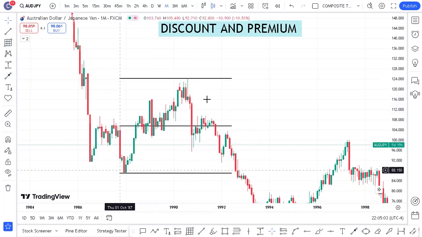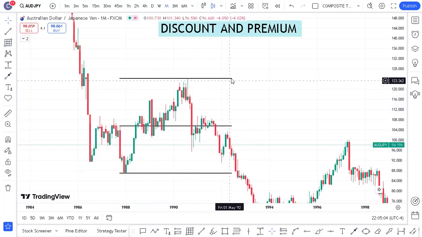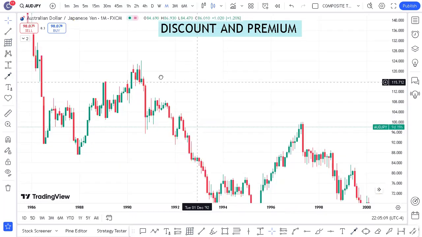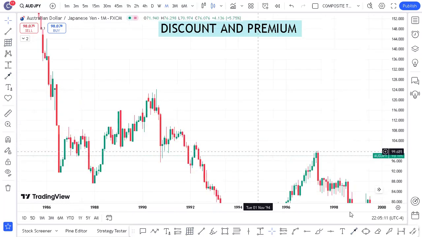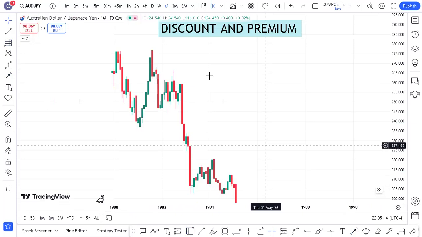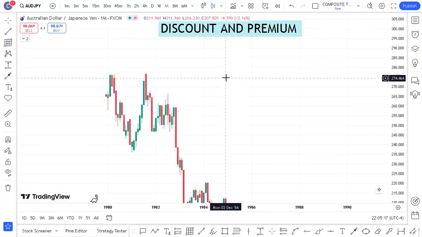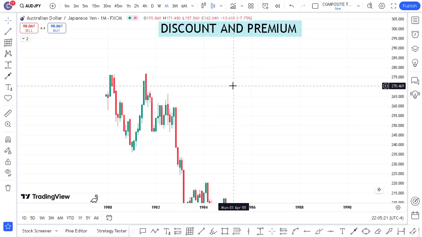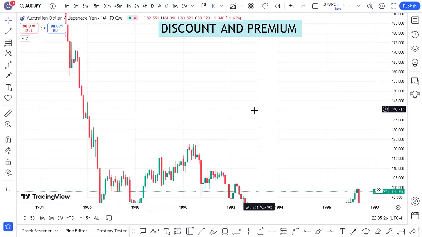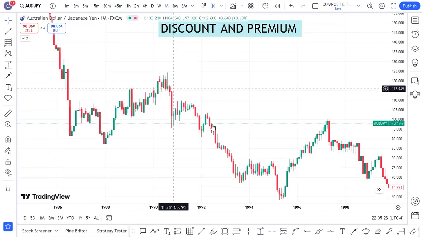Because you're looking at a level that is exactly as it's supposed to be. So let's look at this pair. We're going to realize that once the pair, for example, just to give you random measurements before I use my fib or whatever the other tools I'm going to explain, we're going to see that this price is bearish